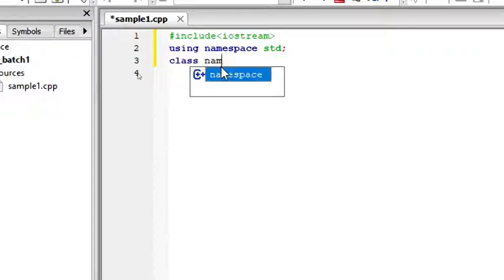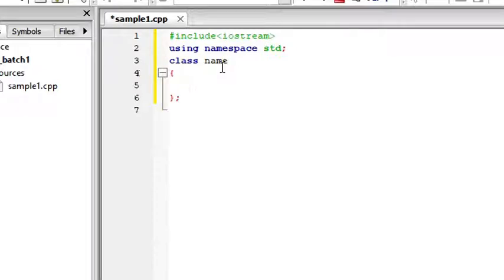Let me give a name. And inside the class we have members, that is data members and member functions. In this program we are going to print a string, so you need not create any data member. We focus on creating a function.